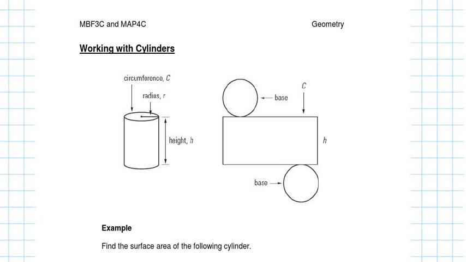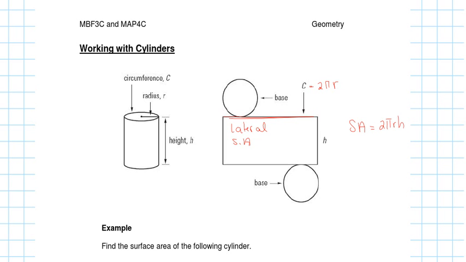So the lateral surface area, we talked about it, and we said that it forms a rectangle, right? And this rectangle is made of two things. The length is the circumference of the circle, which is 2 pi r, and the width is the height of the cylinder, and that's where the formula for the surface area of a cylinder, 2 pi r h, comes from